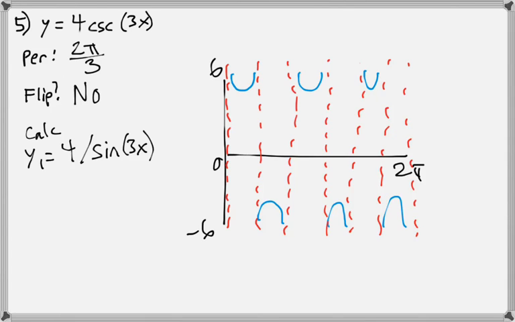If you want to see something kind of interesting, on y2, and you don't have to do this, but on y2 if you type in 4 sine of 3x, this will graph the corresponding sine function with the cosecant function, then you'll kind of see how these graphs match up, where it's like